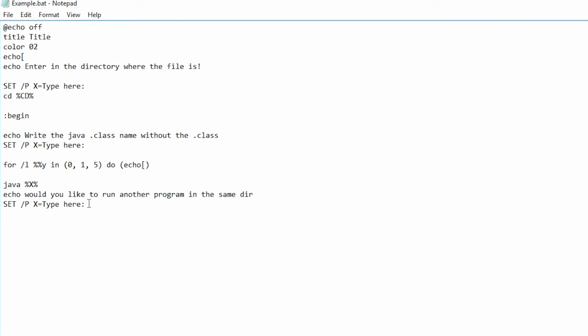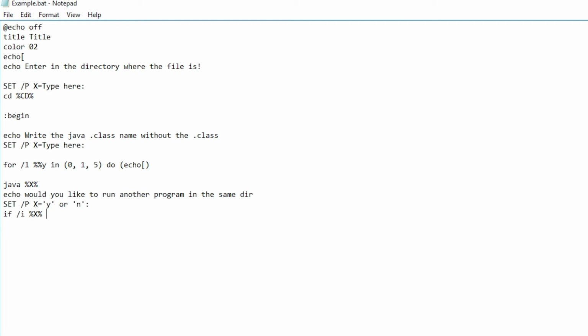and type, and then say single quote yes or single quote no. They can put yes or no, or just hit enter, and then it will be null, and it will be by default false, and that will stop it. So yeah, that's the two ways. Do the if statement, and we're going to put /i and do %sign x